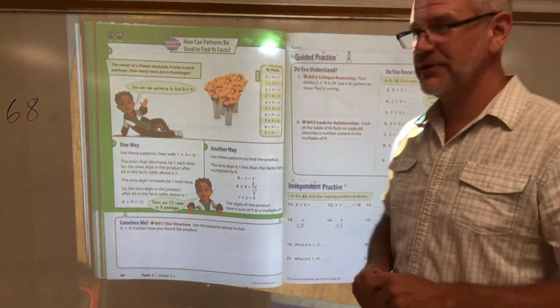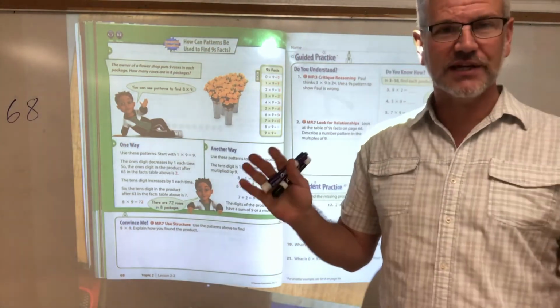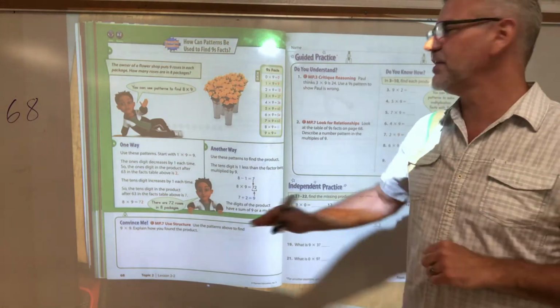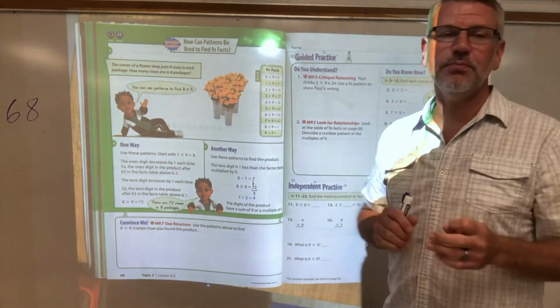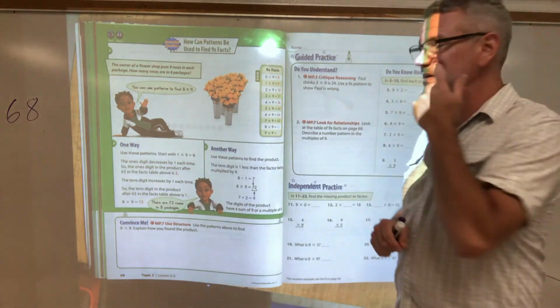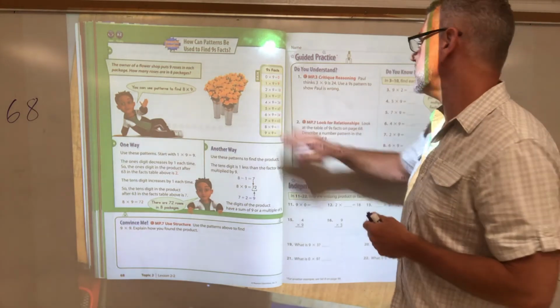Okay, so turn in your book to page 68. And I don't know about you, but I think Bob completely confused everybody. It's a little complicated, but it also follows a pattern that can help you solve the nines. And then, like I said, I'll show you a trick here in a minute on how to solve the nines too. So what Bob was saying, if you look at the chart here,